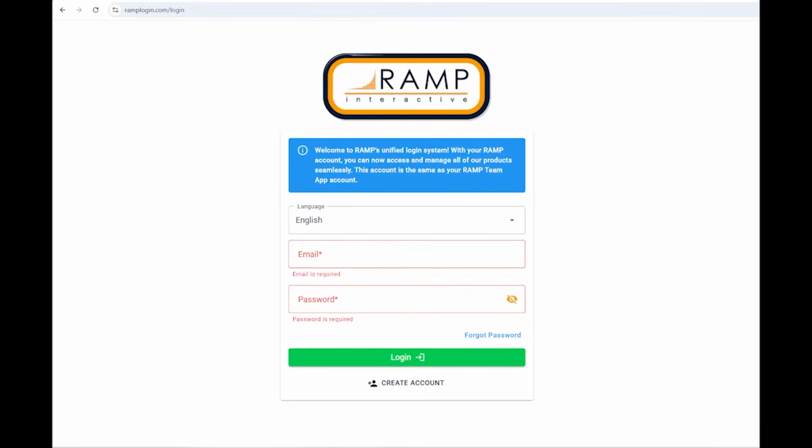To log in using the new Ramp login page, go to ramplogin.com. This will take you to the unified login page to sign in. Here you can log in using a personal email address and password that you've created in the Ramp game sheets,